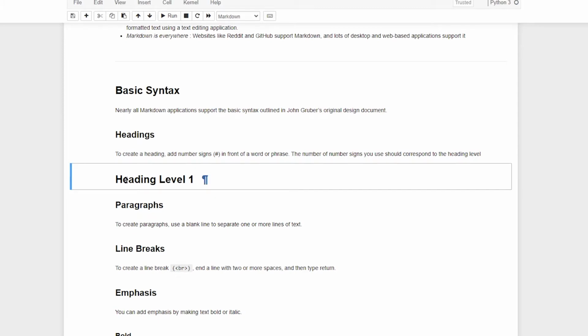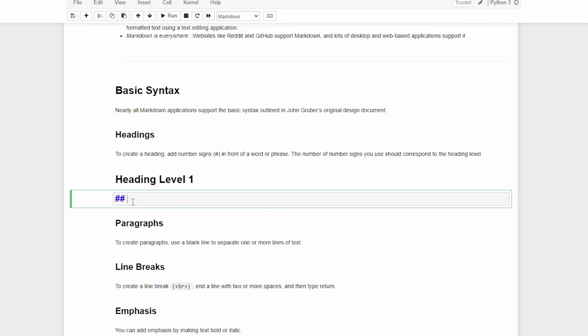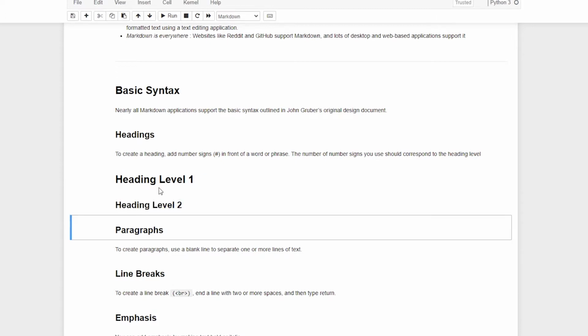In the same way, I can create another heading, but this time I'll use 2 hashes, and it will be the second level of heading. In the same way, I can keep doing it until 6, which is the maximum number of headers any HTML or markdown supports. So let me quickly do all of them.